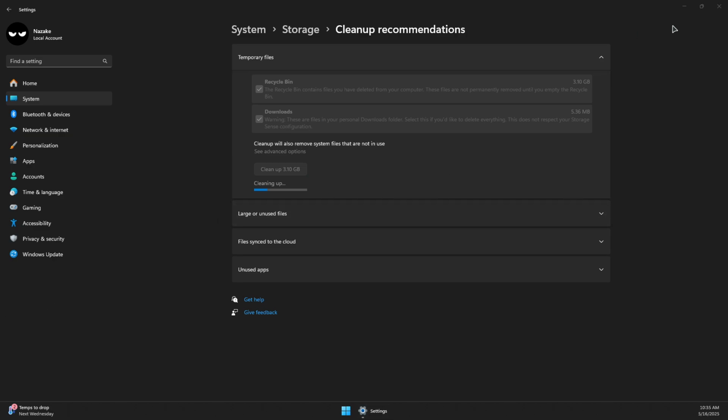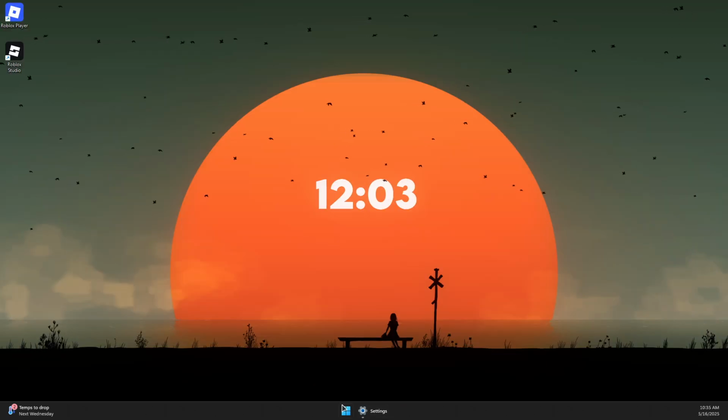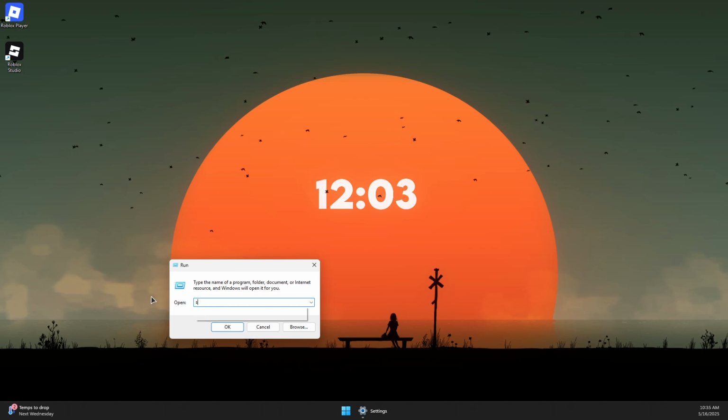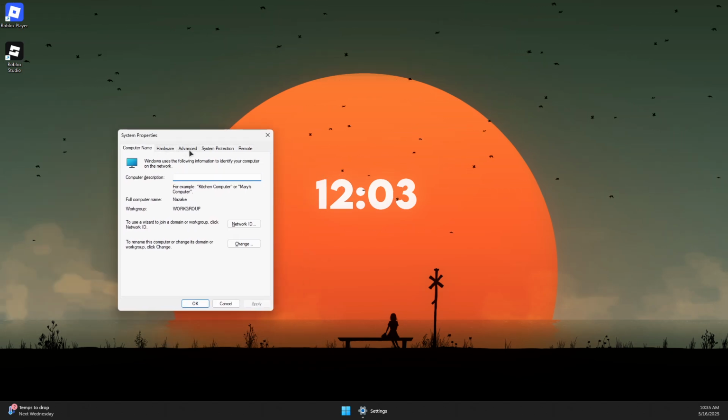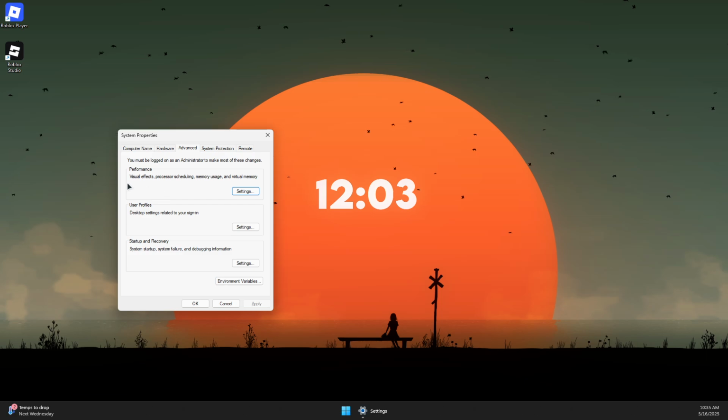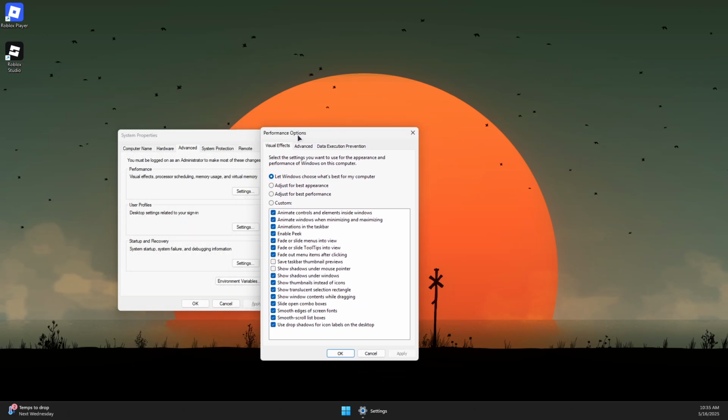Now once it finishes cleaning up, you can close this and then right click on the Windows logo, run, and in this run command we want to type sysdm.cpl, press enter, and this window should pop up. Now we want to go to advanced, and then under performance group you want to click settings,